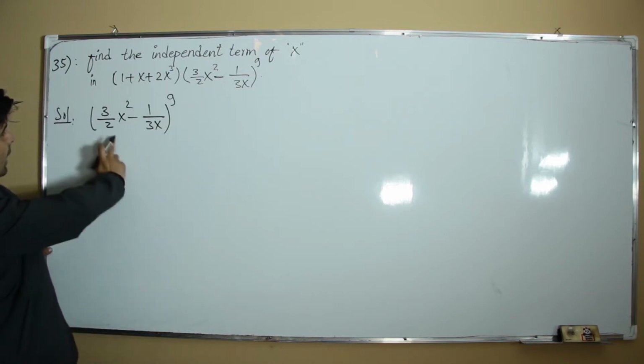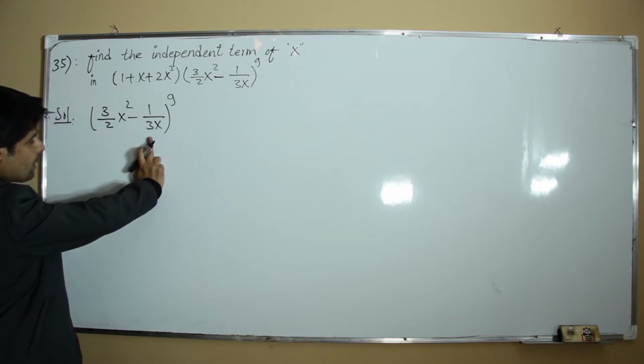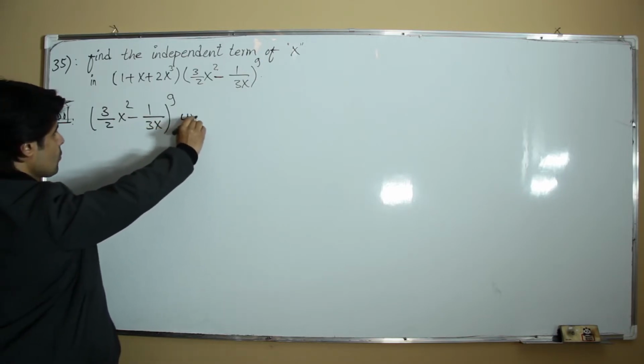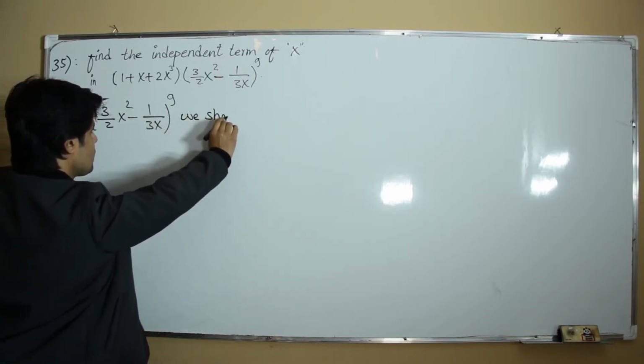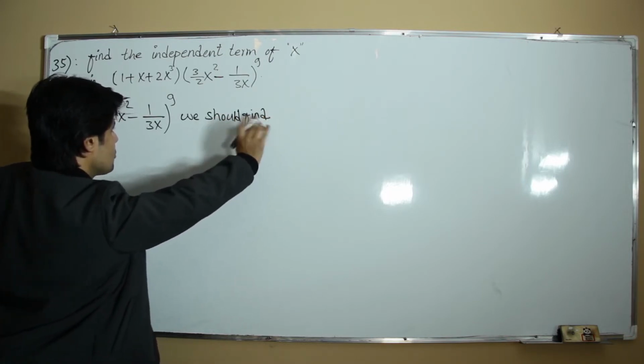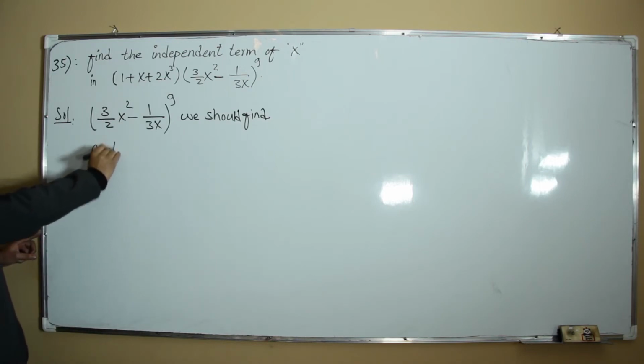Now, in the second bracket, we should find 3 terms. Why and which ones? We should find 3 terms: 1 constant one,